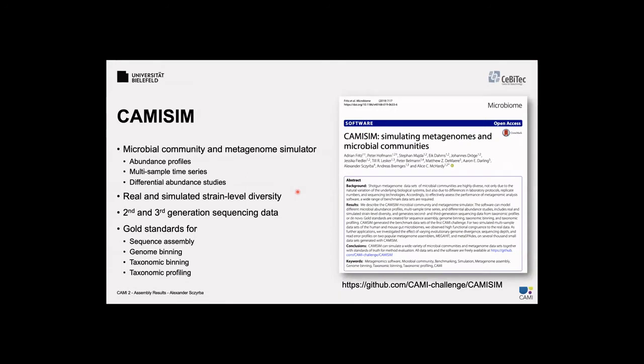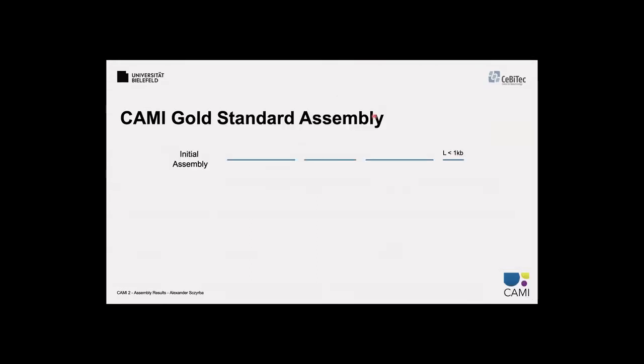So I will very briefly give you an overview of the assembly results of the second challenge. As Alice mentioned already, the data sets are simulated using the CAMISIM pipeline, which has been published, which generates all the different data sets you can use for benchmarking. Just to give you an idea of how this works in